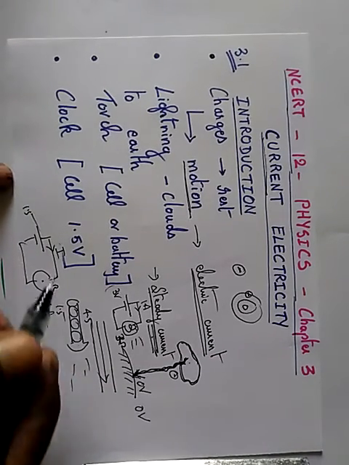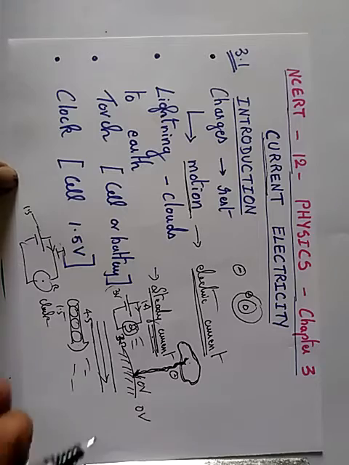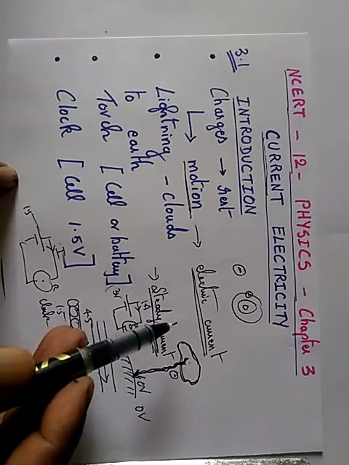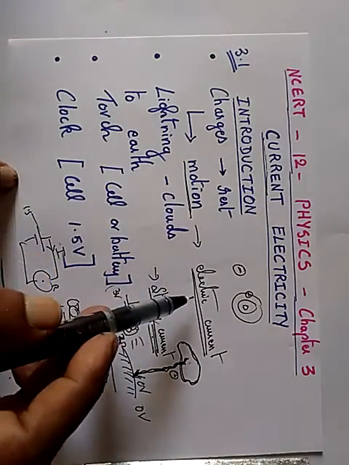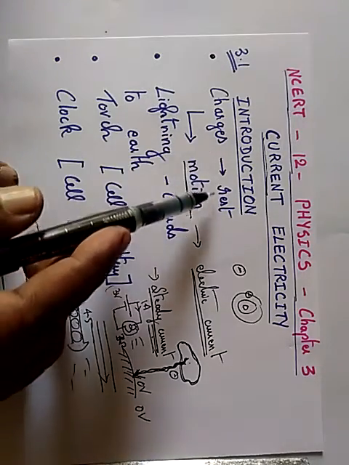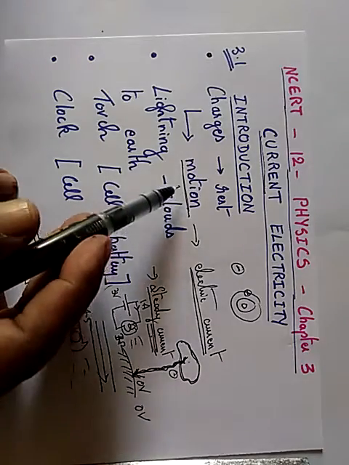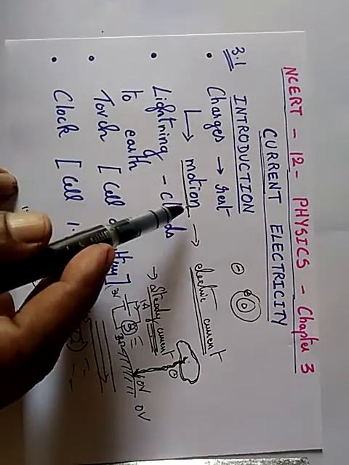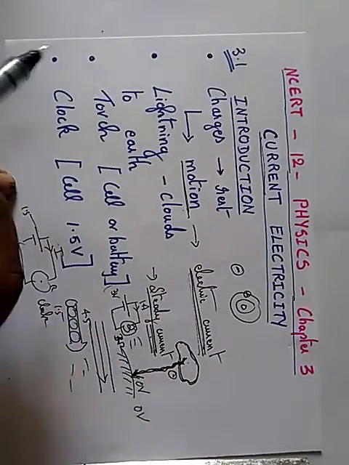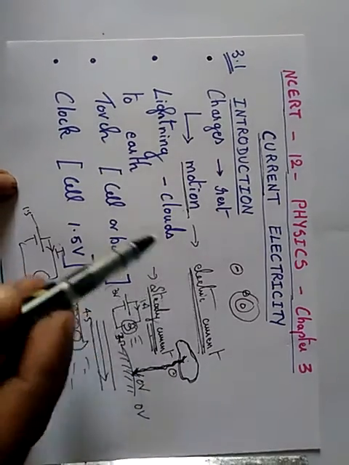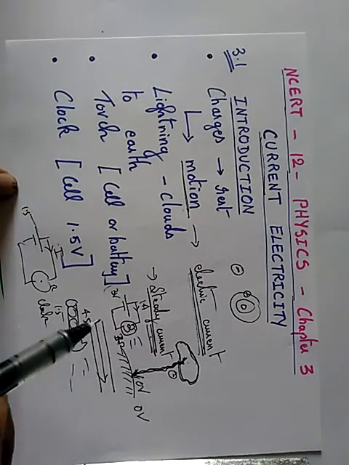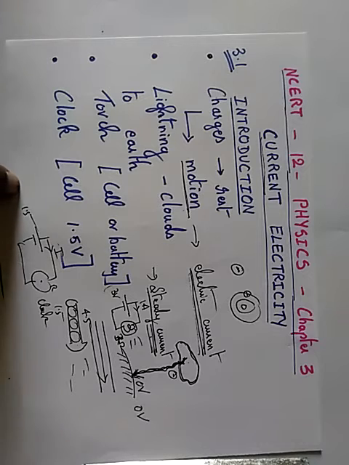So this is the introduction. You should know about basic current electricity, and the difference between charges at rest and charges in motion. We already covered charges at rest in the first chapter itself. Now we are dealing with charges in motion. When a charge moves, you will see an electric current, and in this chapter we are going to deal only with steady current. Hope you have understood the basic introduction about current electricity. Thank you for watching. Nandri.